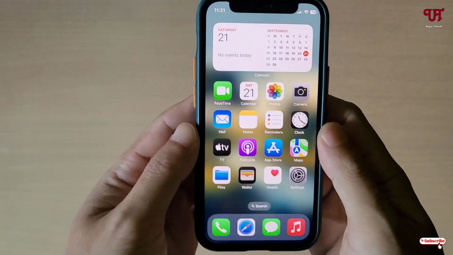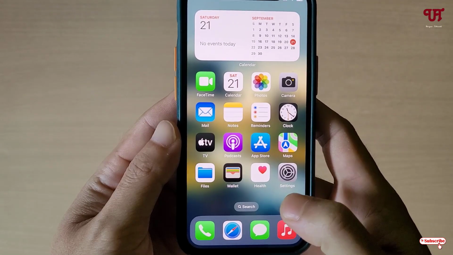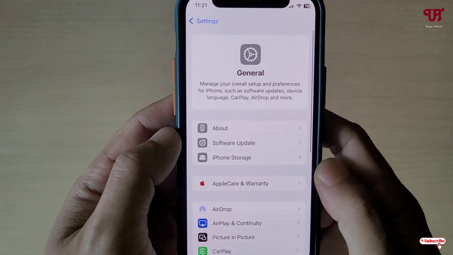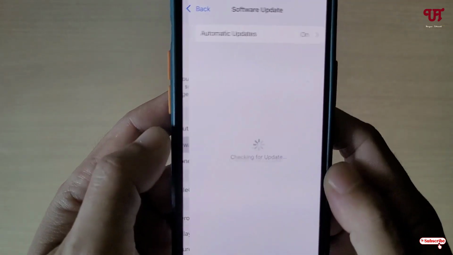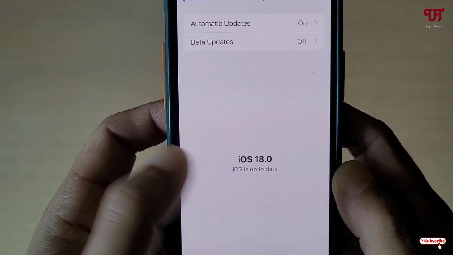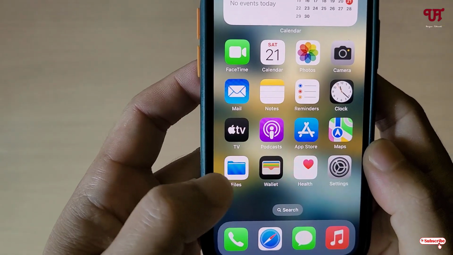So in order to restrict any apps or games from opening or using, what you need to do is just click on this Settings and go to General, and now click on Software Update. Now you need to update to iOS 18. So firstly, update your iOS version to iOS 18, and after that just tap and hold on the respective apps